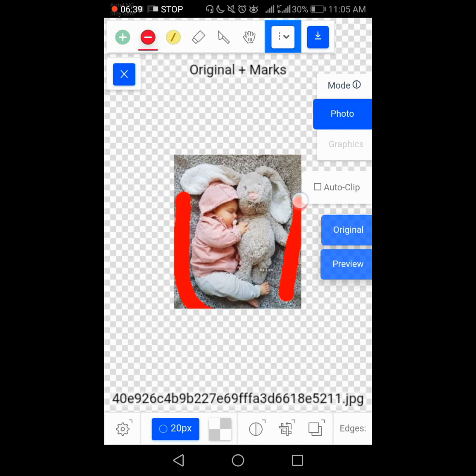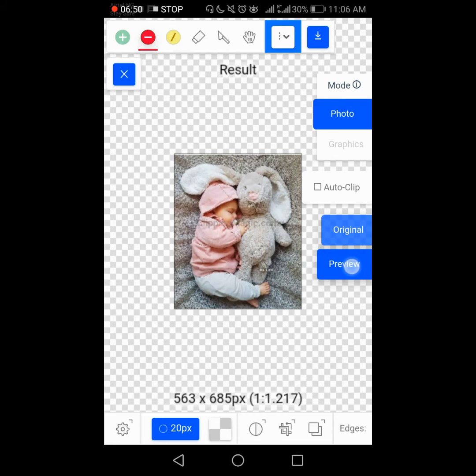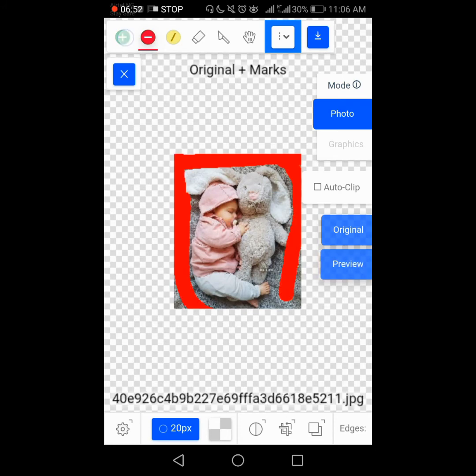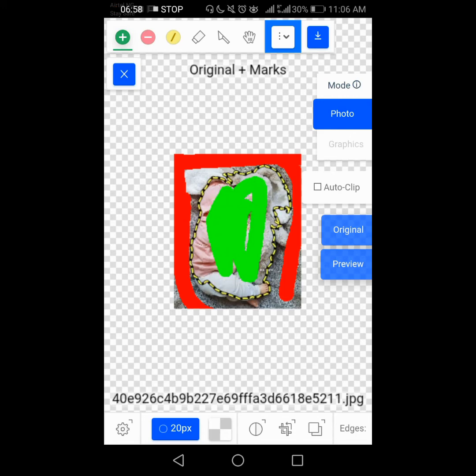The red line indicates segments of your photo you do not want to keep. If you tap on preview, you see that the segments you do not want to keep would have cleared out,